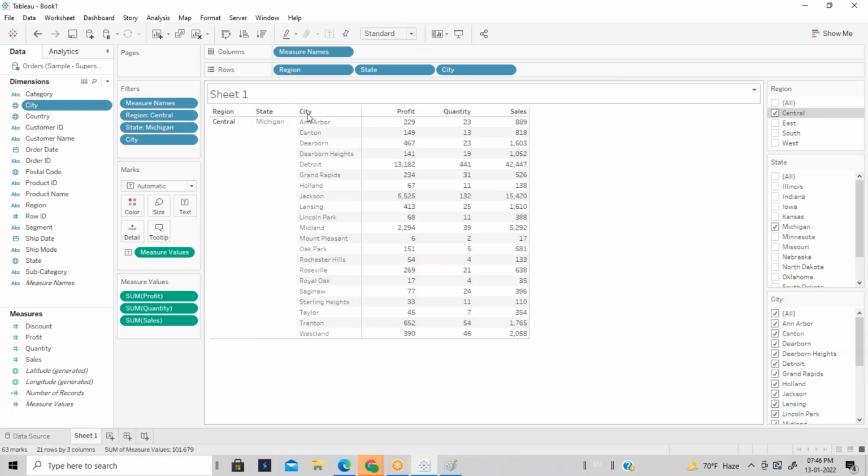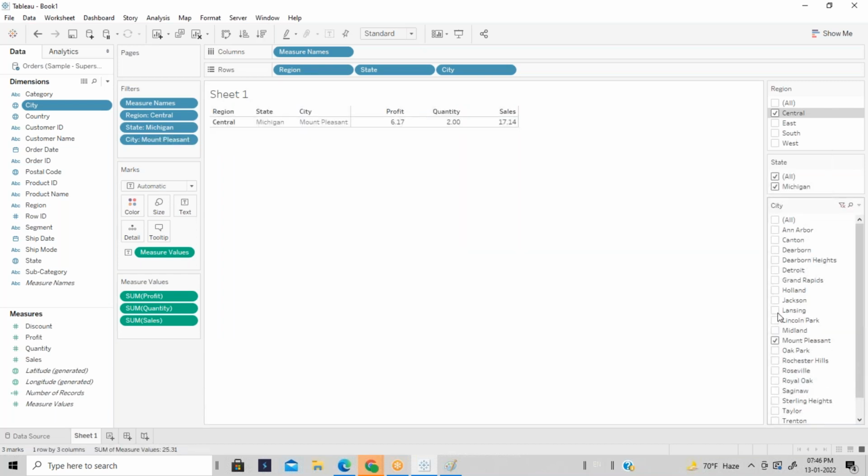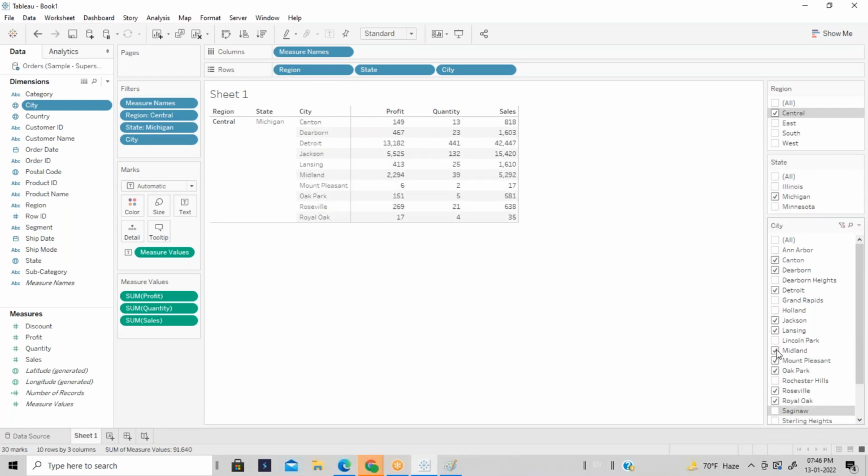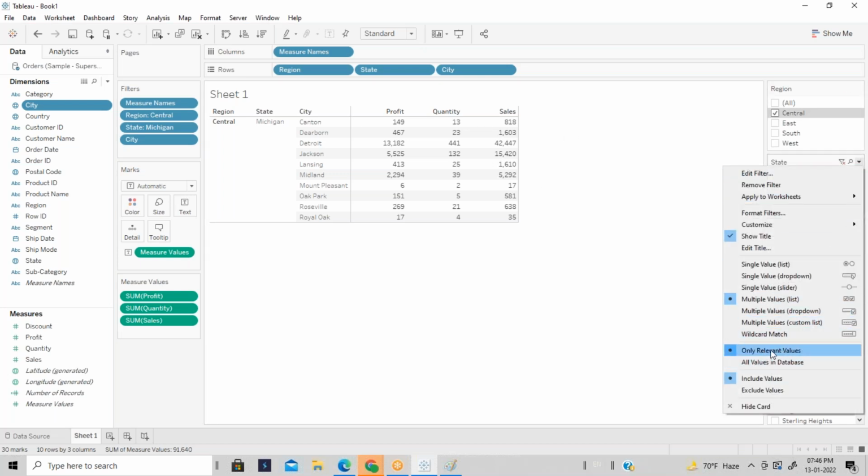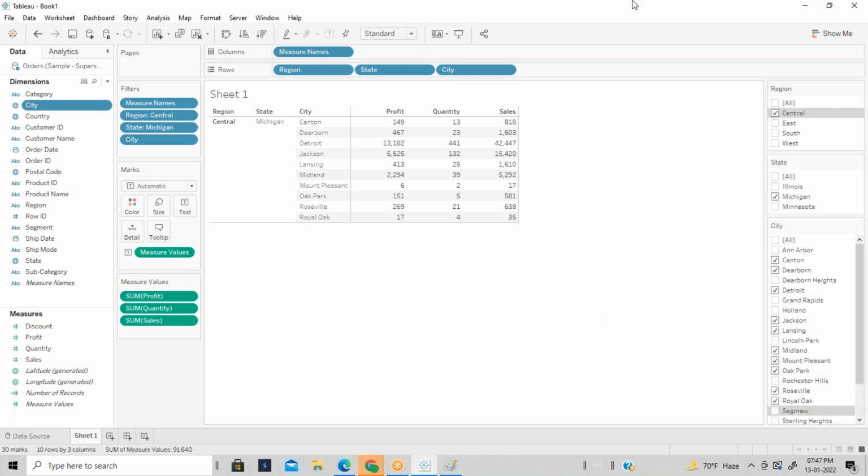Under Michigan, you will have the list of cities, and under these cities, again, I want to analyze specific cities data. You can choose only the specific cities information. This is nothing but a cascading filter. To define the cascading filter, you have to select the option as only relevant values.